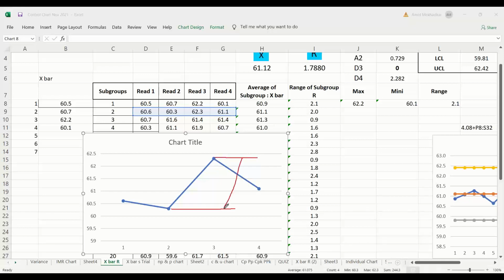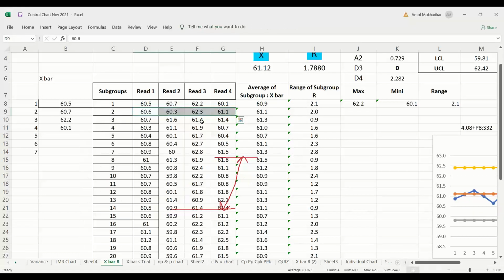The difference between these two is the range of the data in this subgroup. So what is the range in the second case? The maximum value is 62.3 and the minimum value is 60.3. The difference between these two is 2, the range of the subgroup.